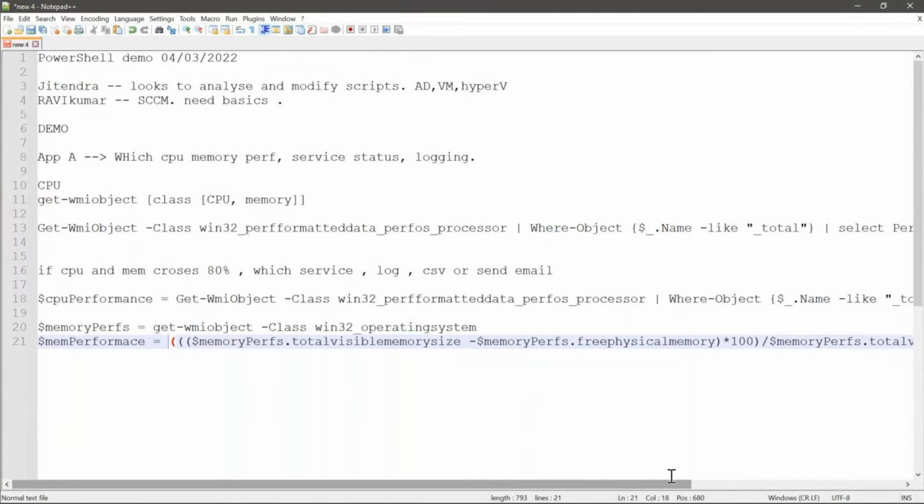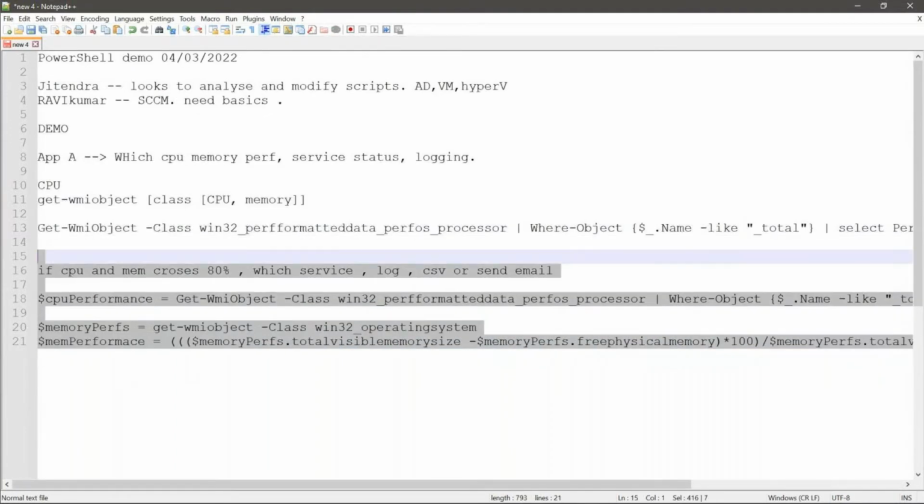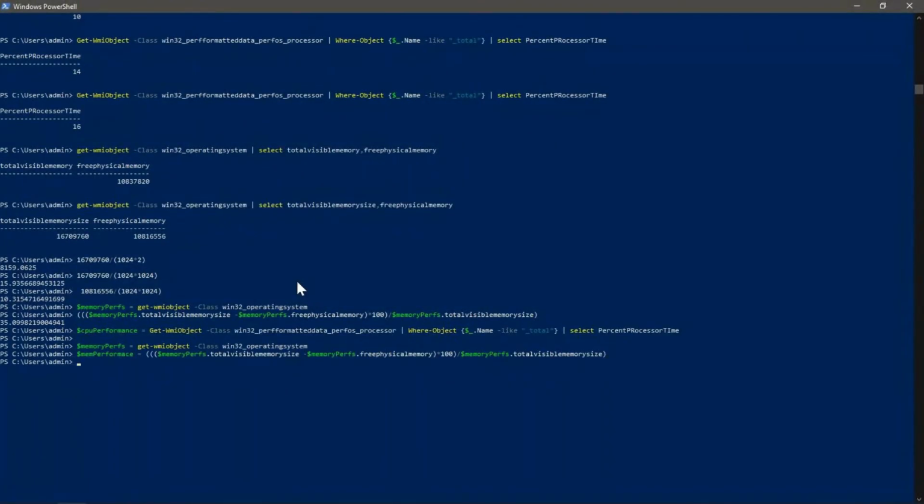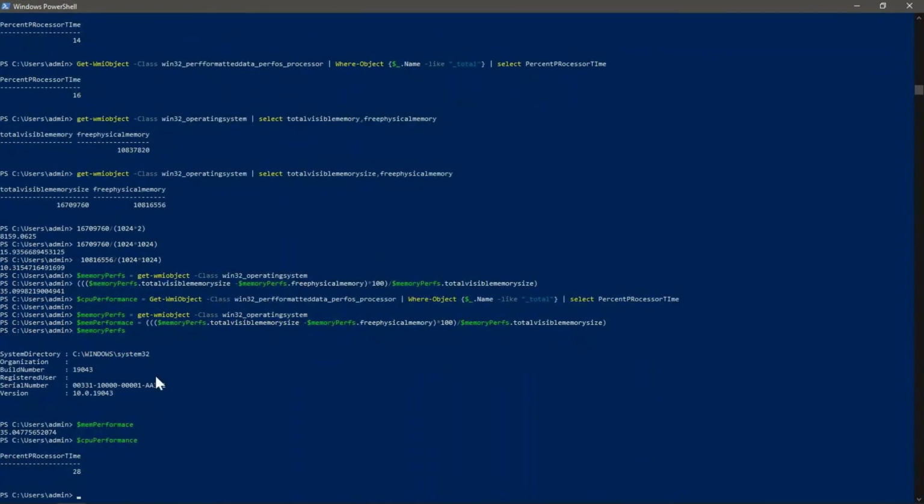So I'm going to build my first logic here. Let's first put these two inside our PowerShell. In the memory performance, we have the memory utilization, and on the CPU performance, we have the CPU utilization. If I need to build a script block, I'll build a simple if condition. So if $CPUperformance is greater than or equal to, let's keep our threshold 25 for now, because we know that